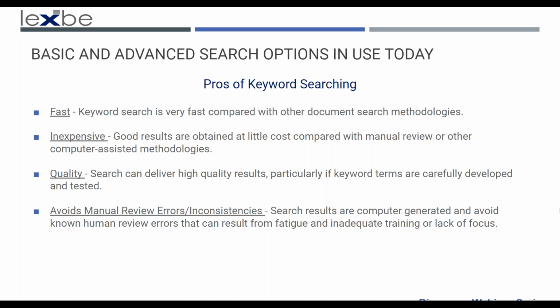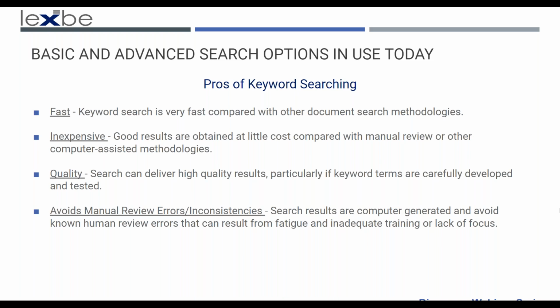The search quality using keywords is going to give you very good results. If you are using different iterations of keyword terms and you are adding to them, or maybe adding wildcards on the end to make sure you're getting the full version of a document or the full string that's related to a term that you're looking for, you're going to get very high quality results with not too many false positives. You're going to be able to tell exactly what you're looking for, and that will lead you down a path to find related documents as well.